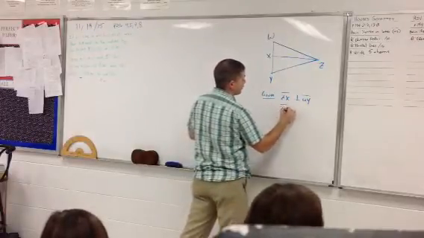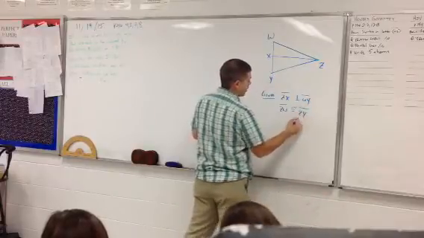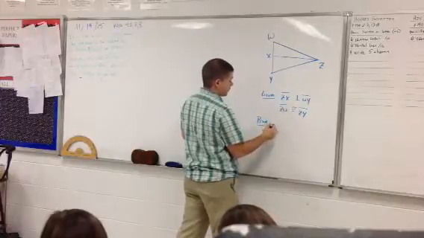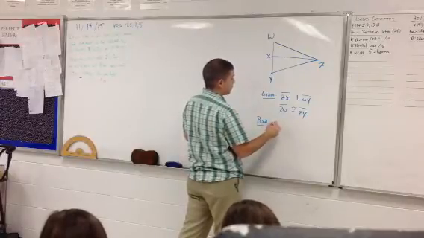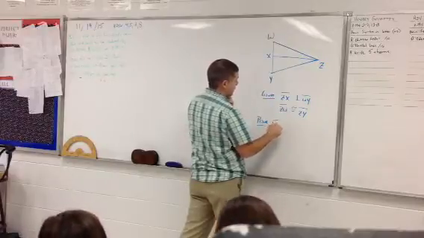Segment ZW is congruent to segment ZY. Do you want to prove triangles congruent, or do you want to go a step further? Step further. So prove that segment WX